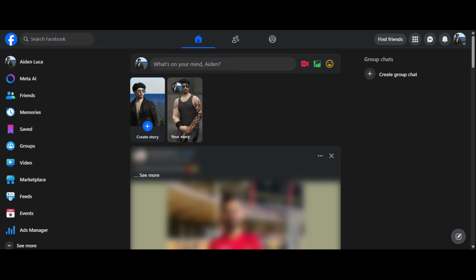If you want to learn how to send photos on Messenger quickly and easily, you're in the right place. In this video, I'll walk you through the simple step-by-step process so you can share pictures with your friends, family, or group chats in just a few taps. This is perfect whether you want to send one photo, multiple photos, or just make sure you're doing it the